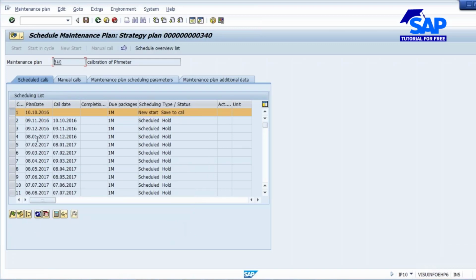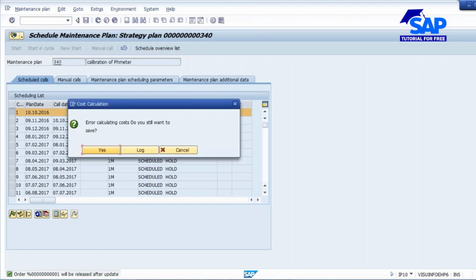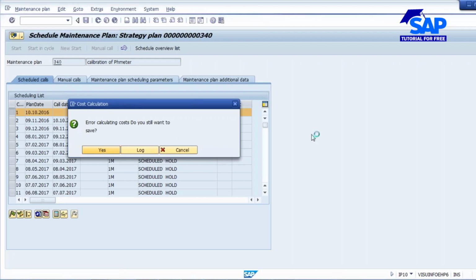Now when you save it, the system will be generating a calibration order. Yes, there are some finance settings that are not there. That's why we are getting that error.